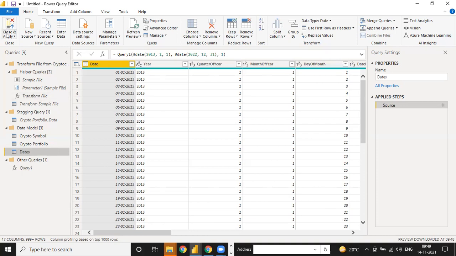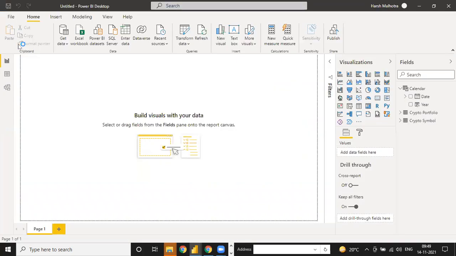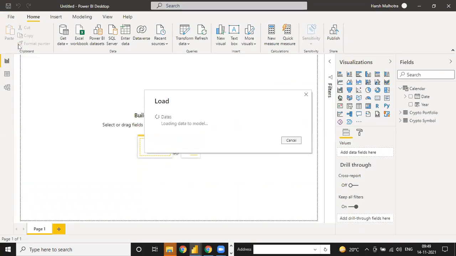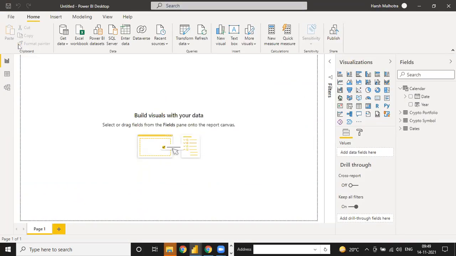Okay, so now I need to just close and apply. Now we have all the files, and this is my manual table, so I don't need it.